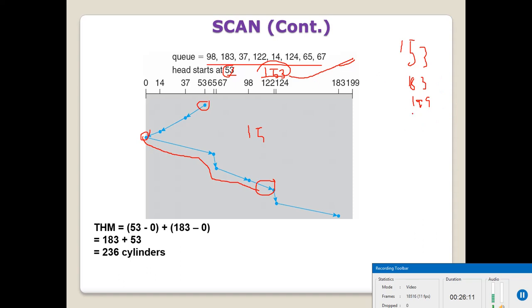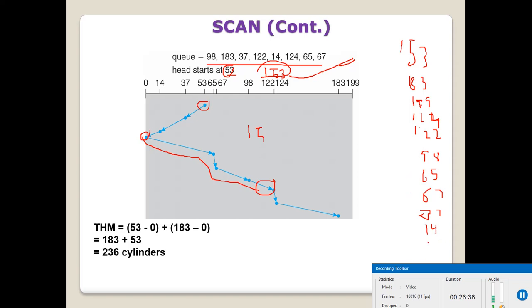It will go to 124, 122, then it will go to 98, then 67, 65, then 40, then 37. So this is how it will start going downward.